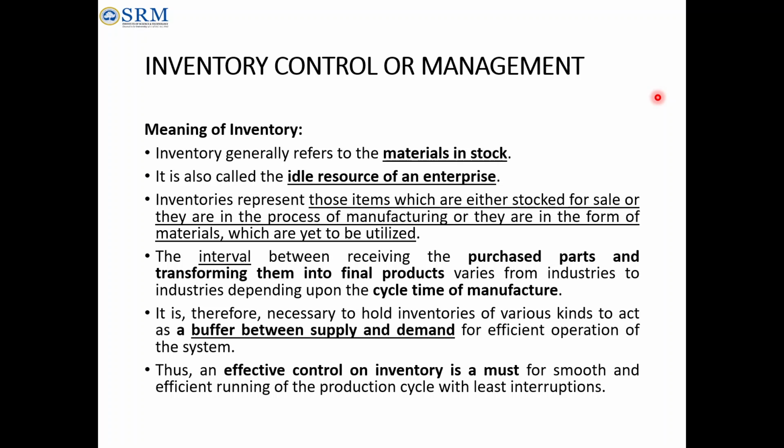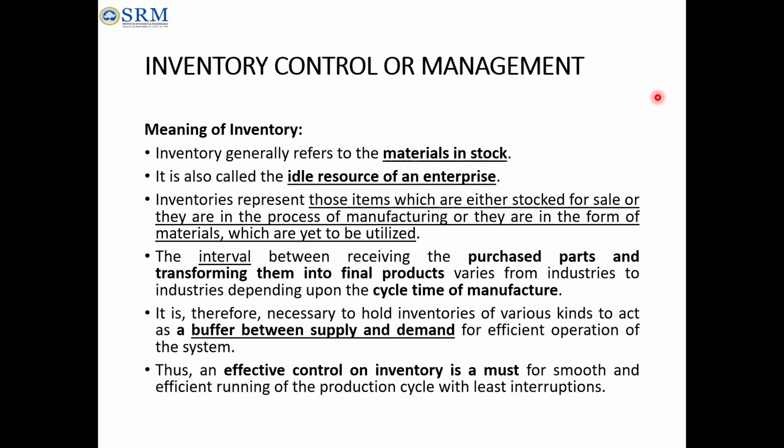It may stop. Some disturbance may occur in between, during the operation or process, or some shortfall in components or parts, so the production won't be running. So you should have a buffer in order to deliver or satisfy the demand. Efficiently controlling that particular inventory is very, very important for any industry in order to run the production smoothly and also without any disturbances. If you want to produce the component, inventory control is very, very important.